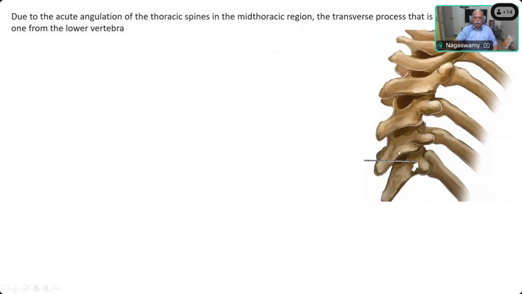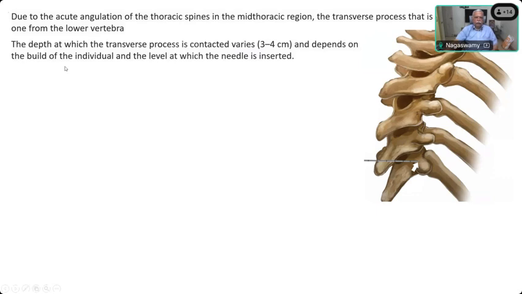So you can see here, when you palpate, this is the spinous process. If you have marked this and then you enter, you hit the transverse process of the lower vertebra, not the transverse process of the same vertebra. That was the small change in the anatomy of the thoracic vertebrae. The depth at which the transverse process is contacted varies between 3 to 4 centimeters. So having a